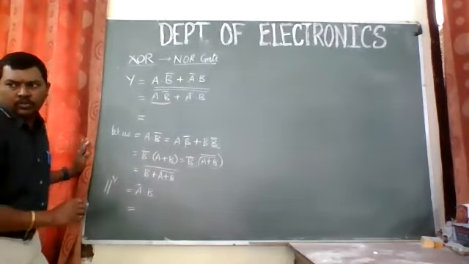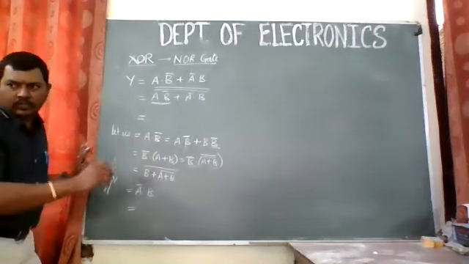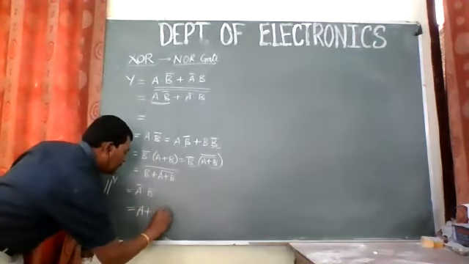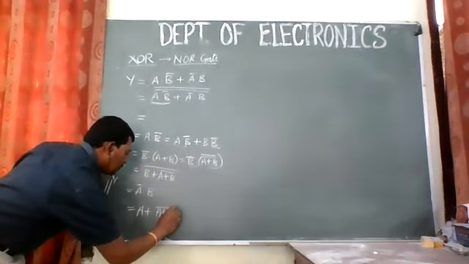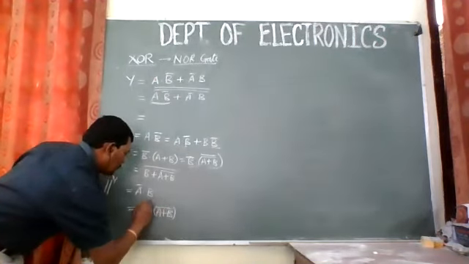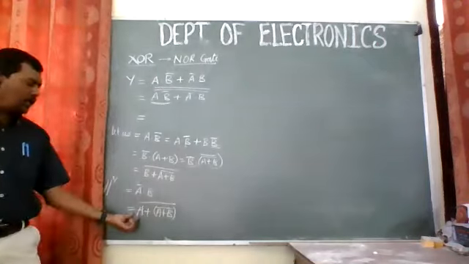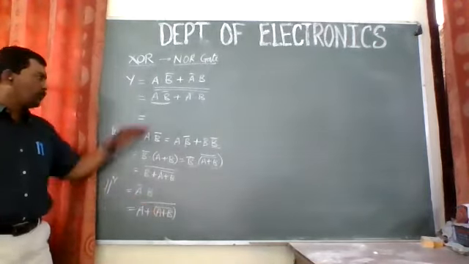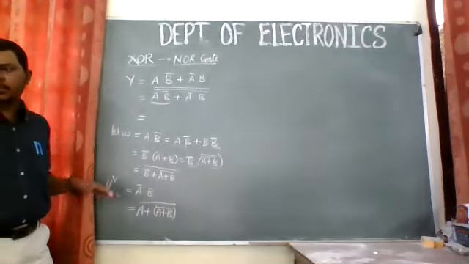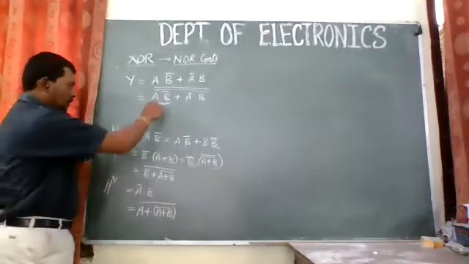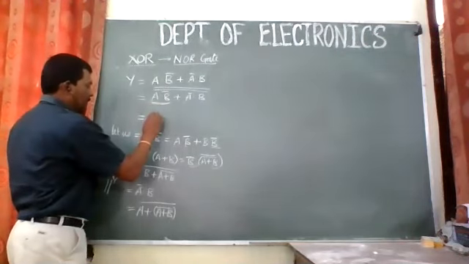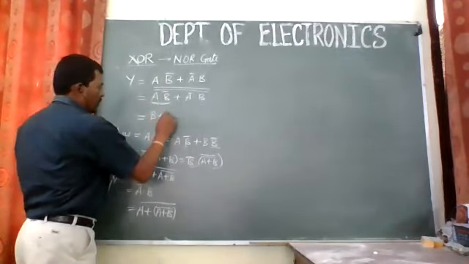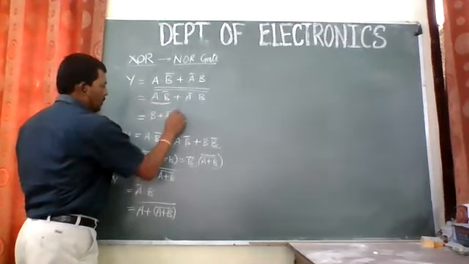That is equal to A bar, sorry, A plus B bar whole bar, right? So A plus B bar the whole bar. So if you put this equation over here, the total equation will be, in this equation we'll be putting B plus A plus B bar